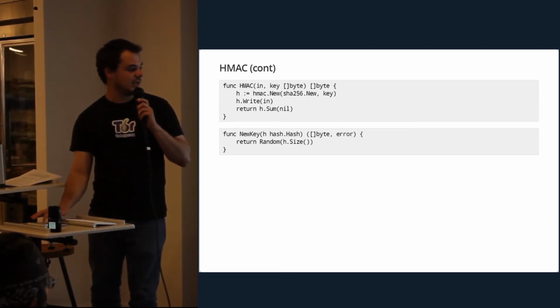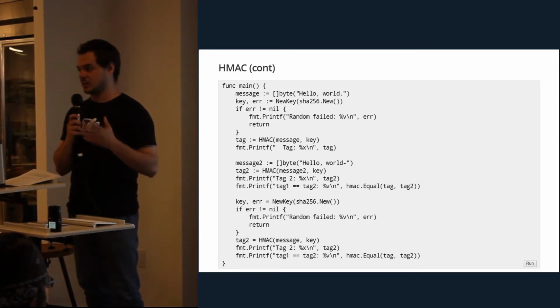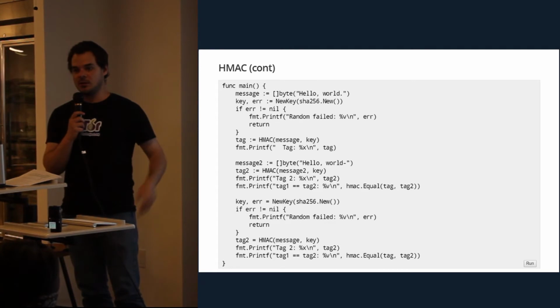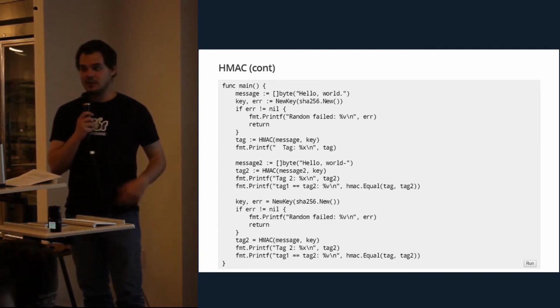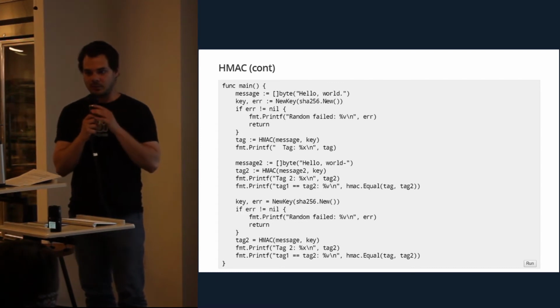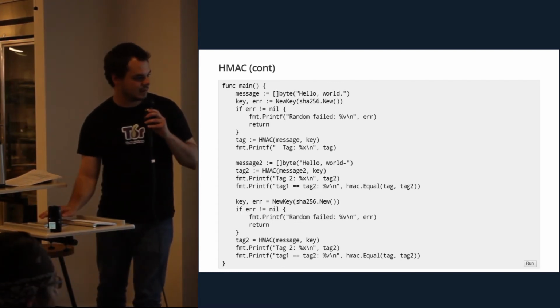And there's actually functions for comparing the HMACs to make sure that it's done securely. There are actual attacks that you can do if you don't do it right. And the Go package authors, Adam Langley, has kindly provided a secure way to do this, so you don't have to worry about implementing it yourself. So let's see.